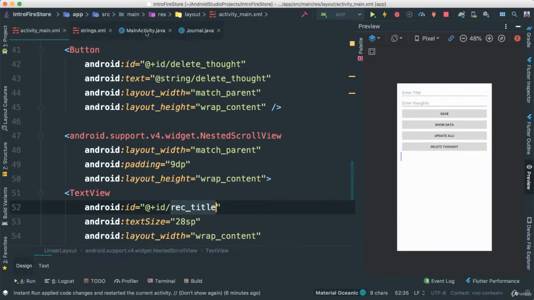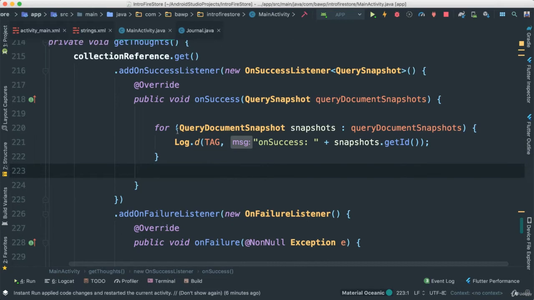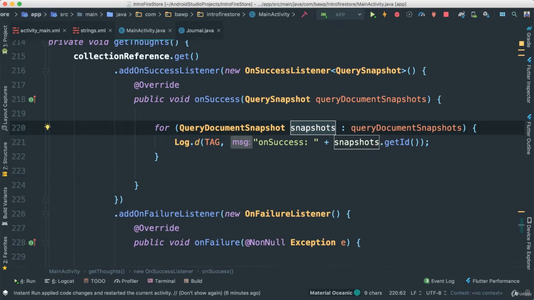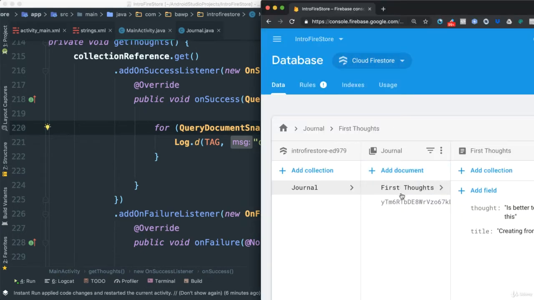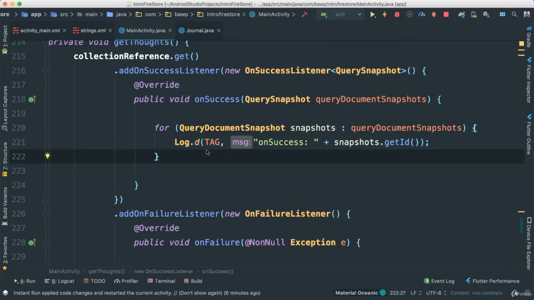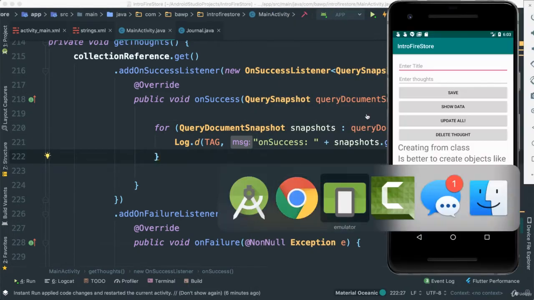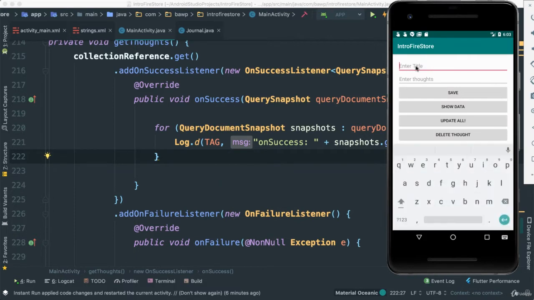Now we go back to our main activity, where indeed we have our snapshot, which means we are able to get our documents, right? All these documents, we just have to show them, and we're going to just start showing them in our text views. While we're here, let's go ahead and add a few more so it's more exciting. Let's see, I'm going to add